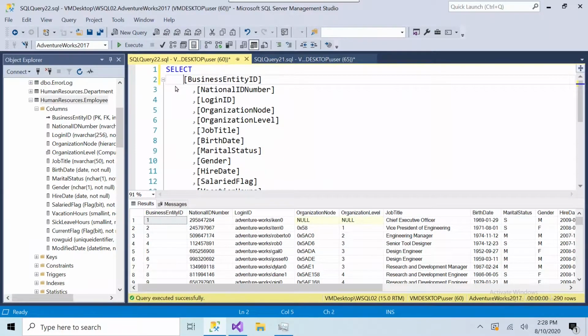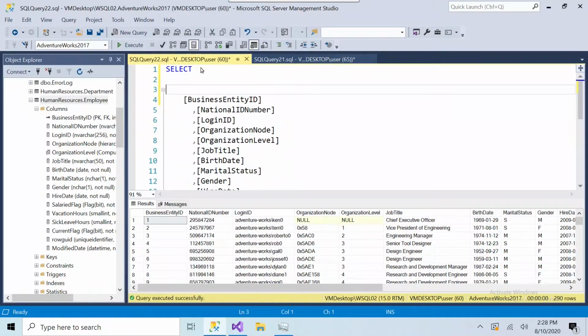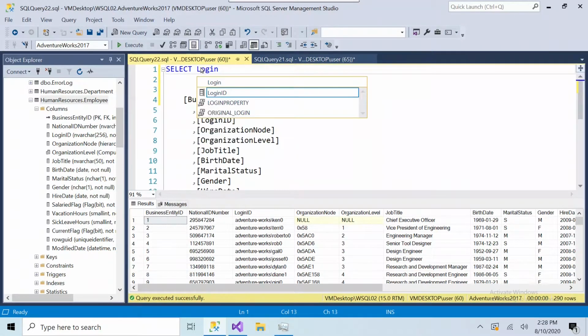So the reason there's brackets is you can separate or identify that business entity ID or national ID number. You can specify that that is a field, and that's the name of the field inside the bracket. Now the reason they do this is because there are defaults, such as login is one of them. If you were to type in login, well, there's a login that the system uses, that SQL server already has